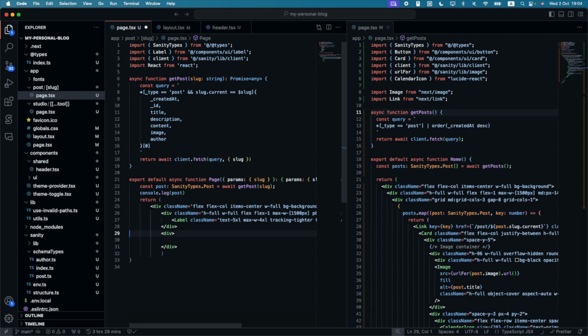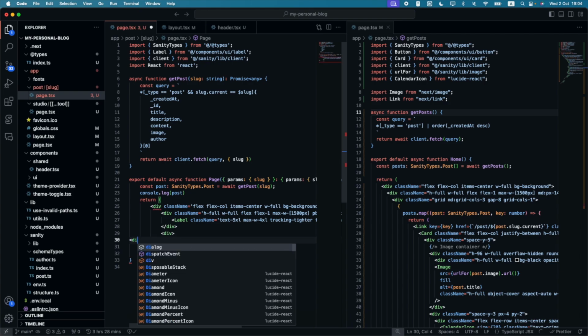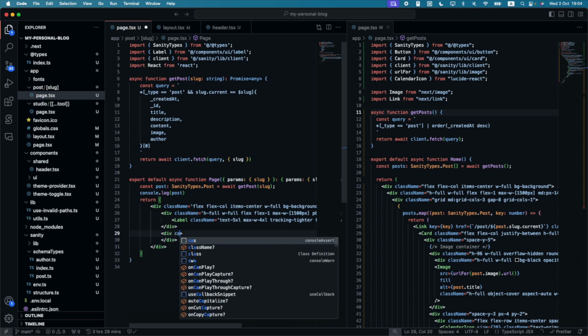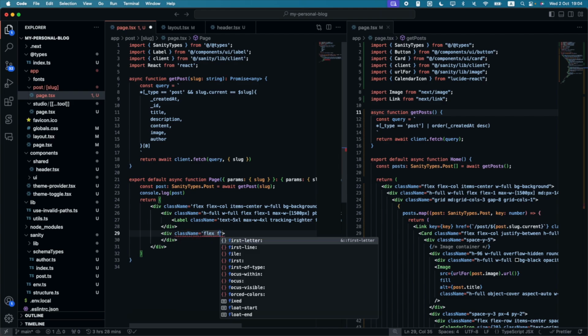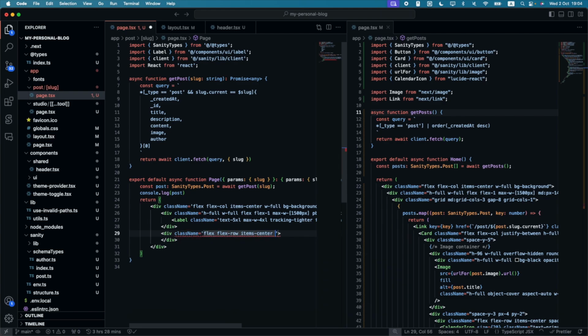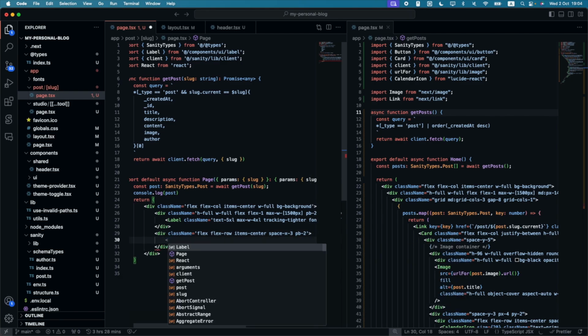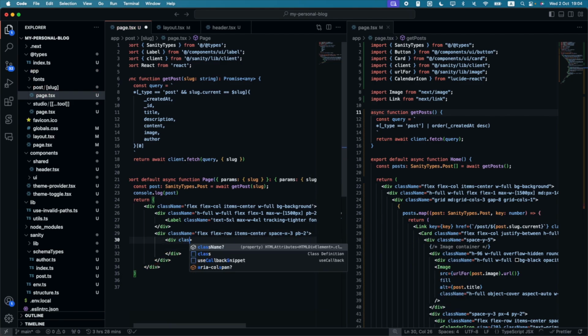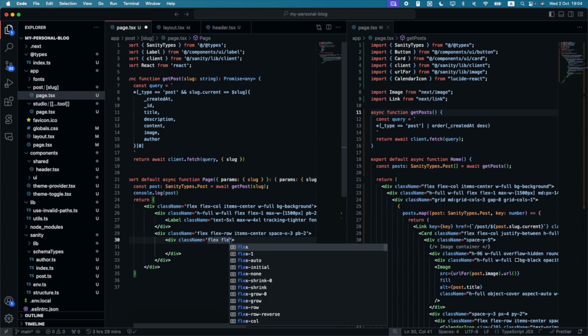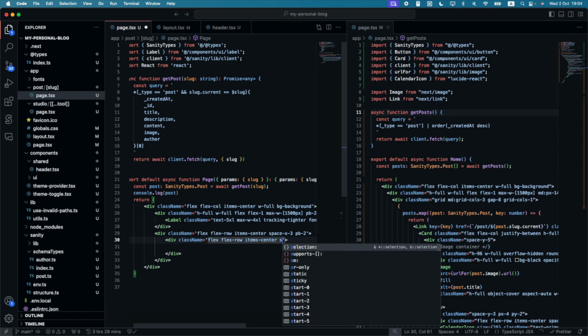So div, class name flex row, item center, space x3, or you can even do gap 3 or gap x3, but I'll just do space x3, padding bottom 2, and another div because we're going to render the date as well. Div class name flex row, item center, space x2,